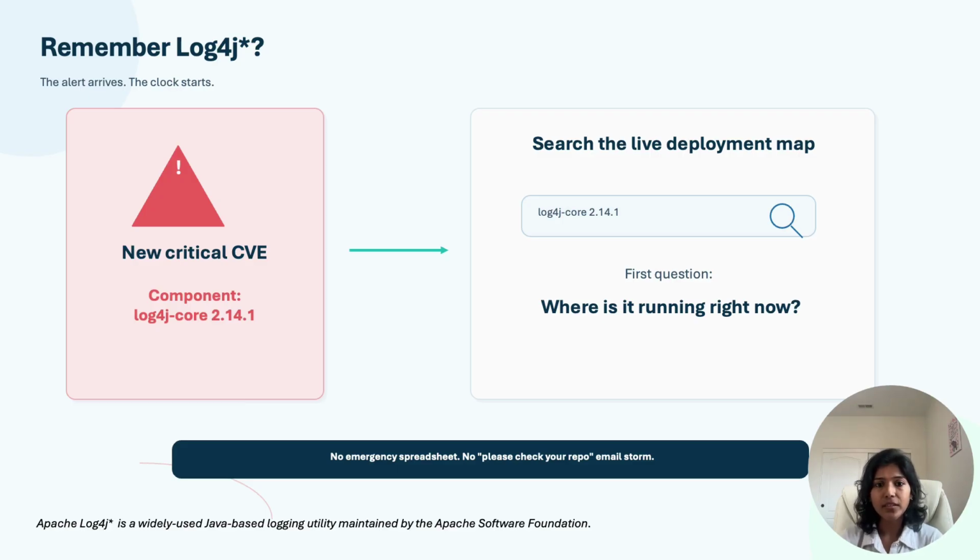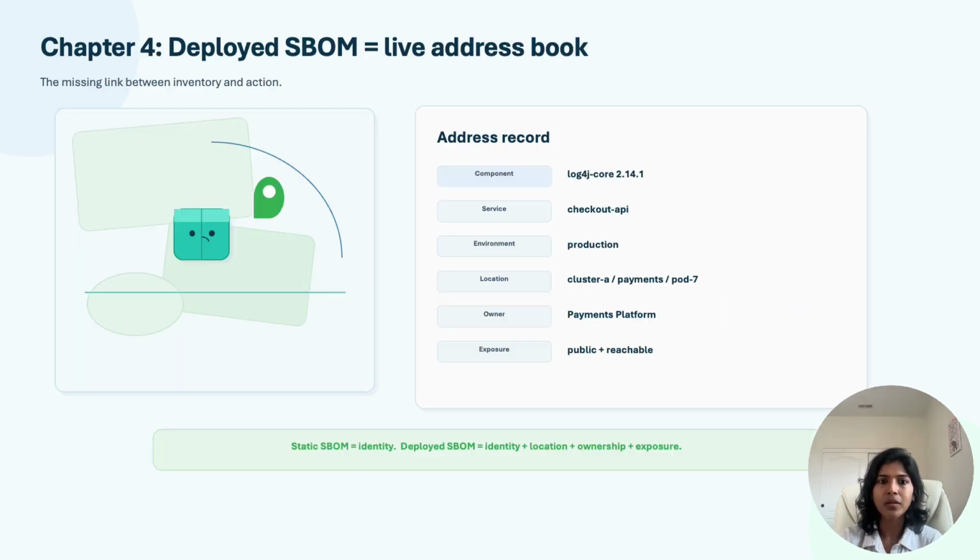But we search the live deployment map. It is not about producing another CVE list altogether, but it is about answering the first incident question. Where is the component running right now? Now, how do we do that? Our API story takes a serious turn now, because we are about to learn how a deployed SBOM connects the